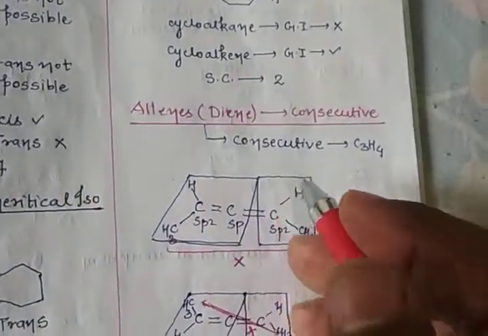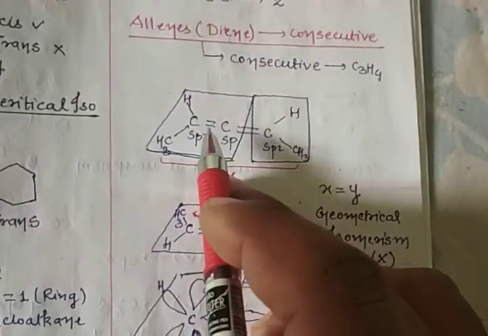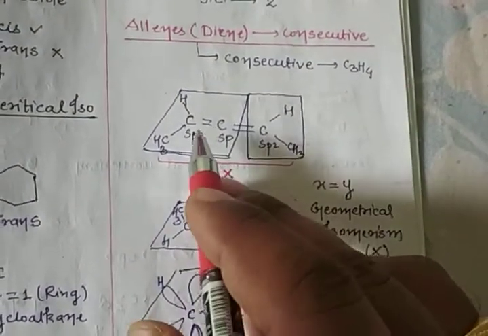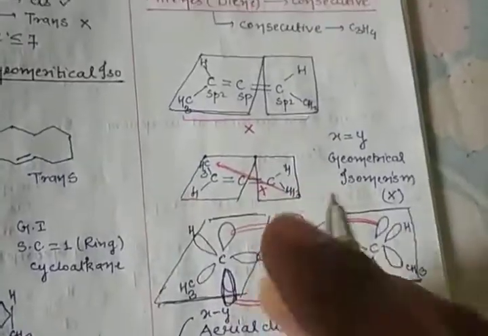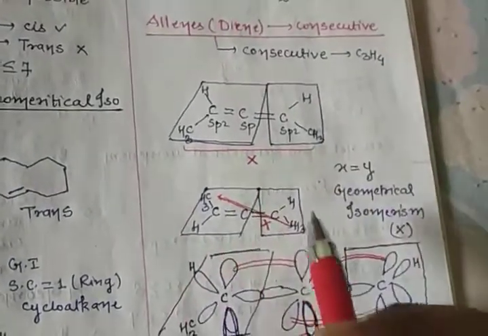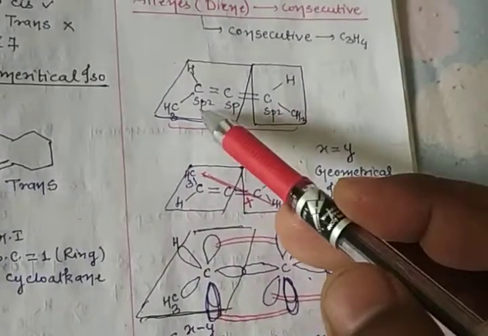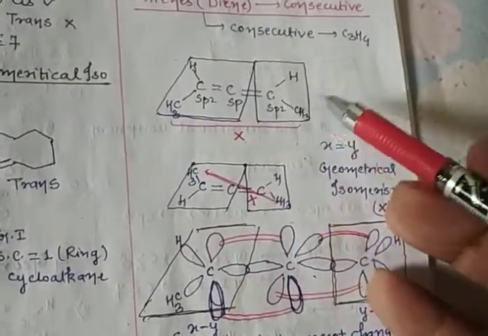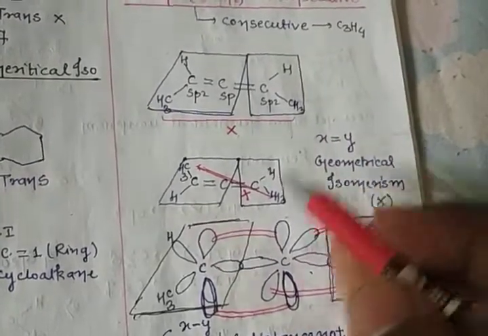Okay. Now the next one is what? Allenes. Allenes means diene. If a conjugative double bond is there, it means diene. So now just check the double bond. This is called a conjugative double bond. So now you know very well, this is sp2, this is sp, this is sp2. So just check. It's a very important example of allenes. So now this is what? If you check this CH3 on this CH3, this CH3 to this CH3, it means X, the same CH3 is there. Now just change CH3 on this side and hydrogen on this side. Okay, just change. Clear?